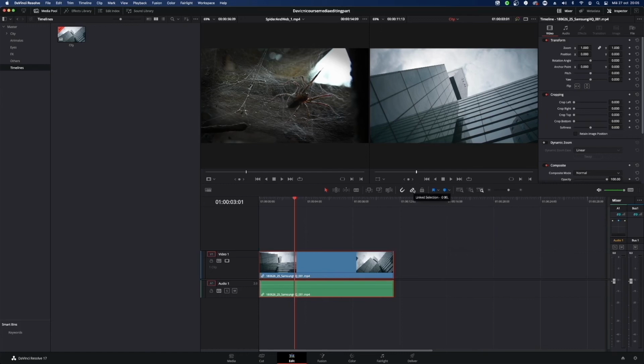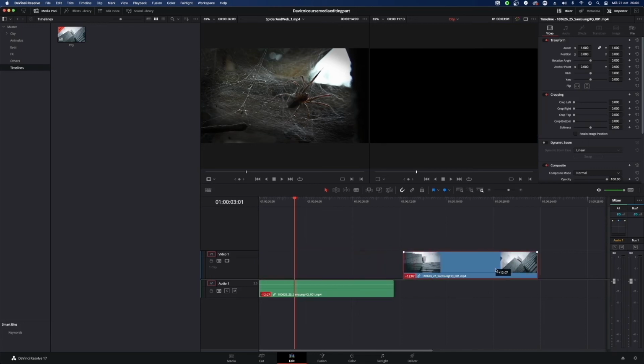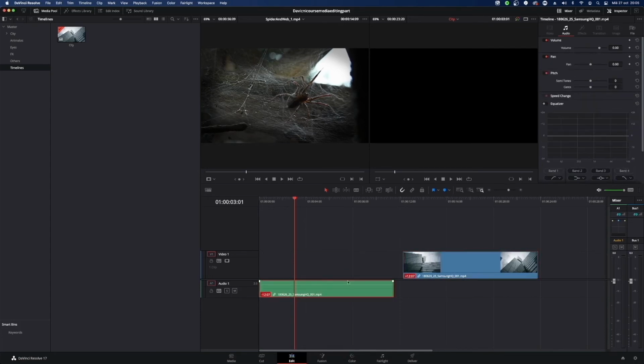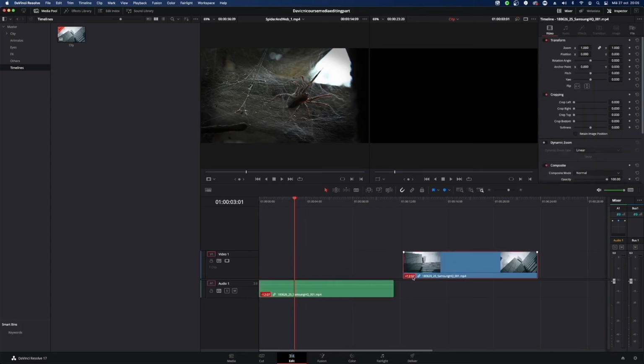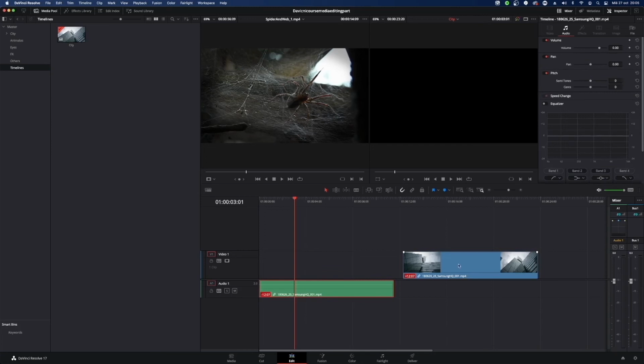If we press it again, it is not selected anymore. We click at any place of the timeline, and we can see that we can change it, and it's showing us the difference of the timecode. It's saying, hey, be careful, as we can see here in red, because you are desynchronizing this,